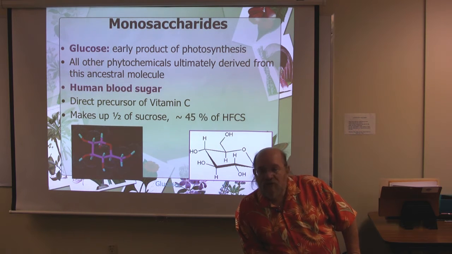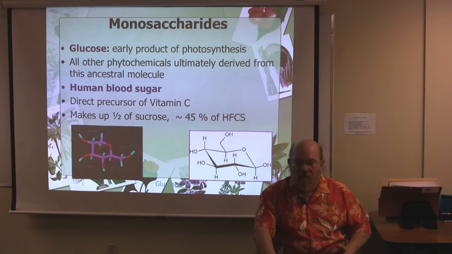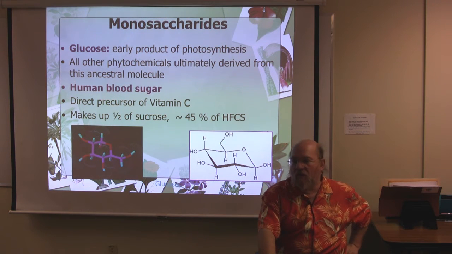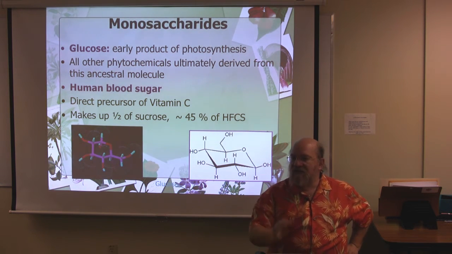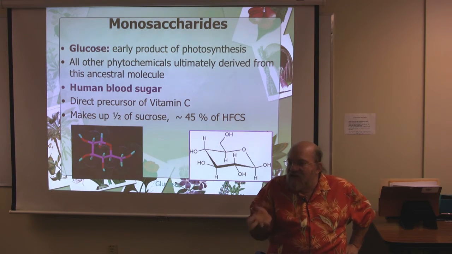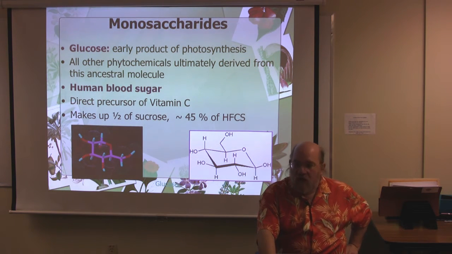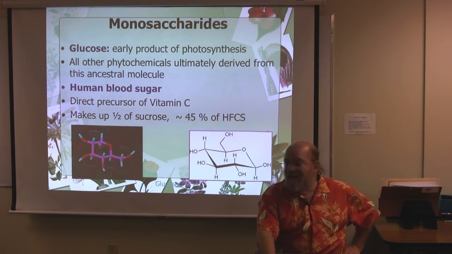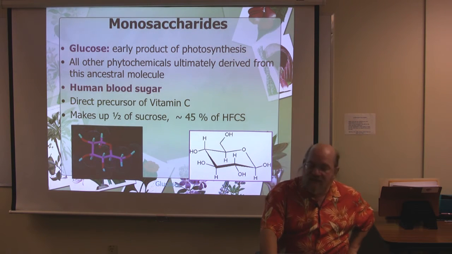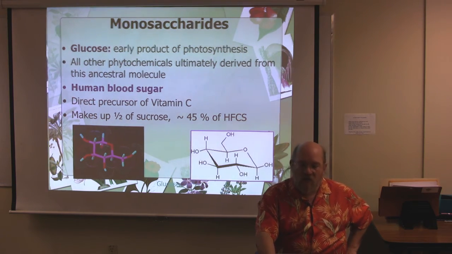It's half of sucrose, table sugar, and it's literally the biggest currency in our body. We'll be seeing glucose over and over and over in various forms. It might not be the important part of it, but it might be the engine that drives it. Glucose is literally the currency in our bodies. If we wanted to give it an analogy, it's kind of like the dollar bills. It is our dollar bills in our body. We'll have other things that are brokers for it, ATP, nicotinic acid, etc., but the actual currency is the ions, but it's related to how glucose works.